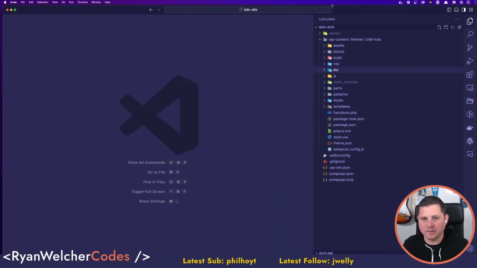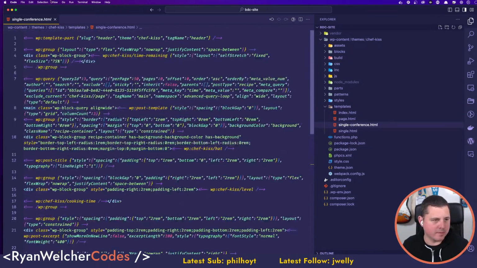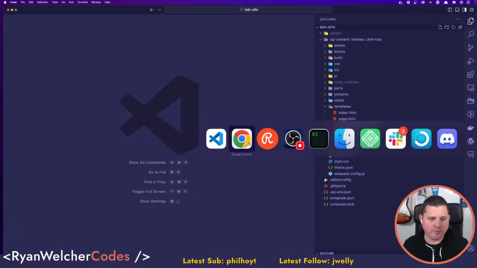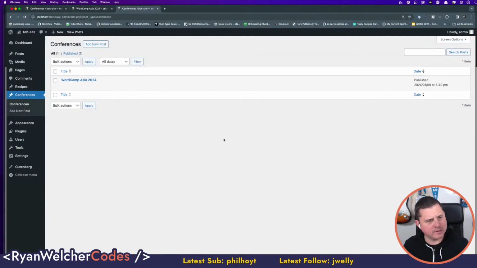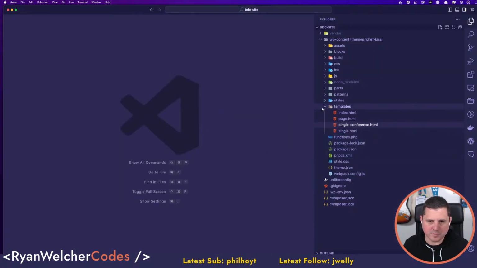And I want to show, in my patterns, single comments. This has been a fun foray into really doing block themes, which is what this is. This is an entire block theme, and I am having fun with it. So if I remove this, I got these little things. I keep going in circles with what I'm saying. I'm just going to start building again.